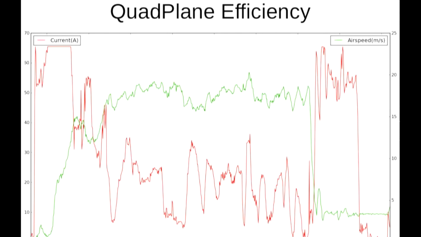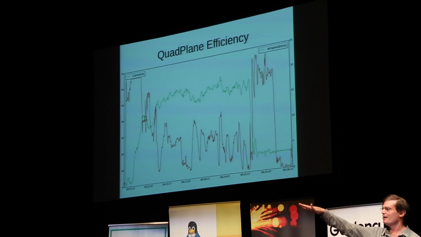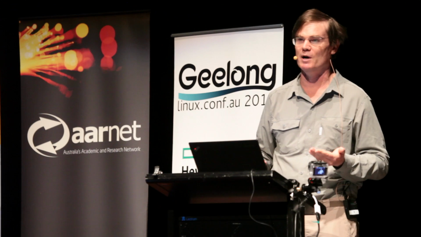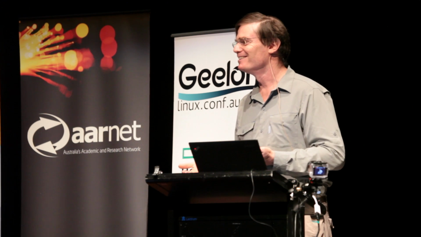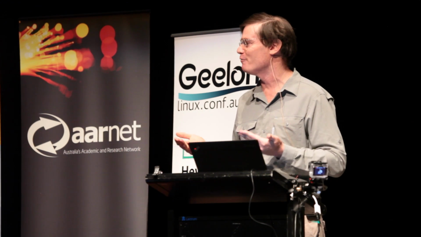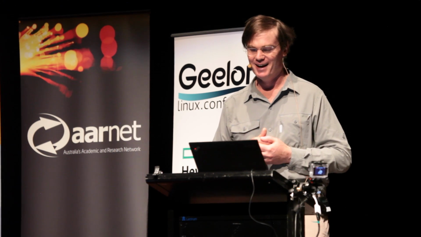And what you can see is the red line is on average an awful lot lower once you're moving forward, because in fixed wing flight, it's really efficient. And it's about 1/3 of the current. Even though you're going much faster, right, you're getting the job done, you're only using about 1/3 of the current. And why is that? Well, wings work, right? Wings really are a very efficient way of getting along, which is why they're so popular in aircraft.